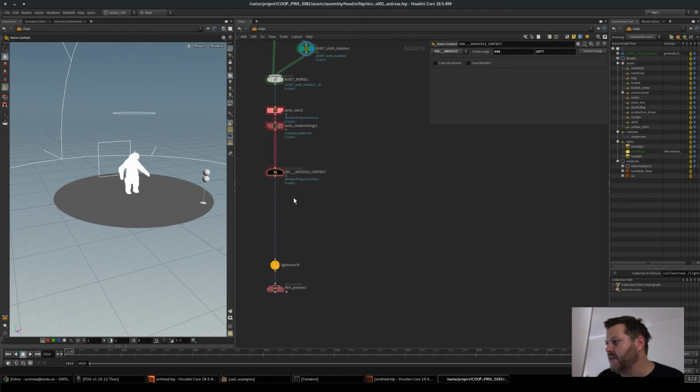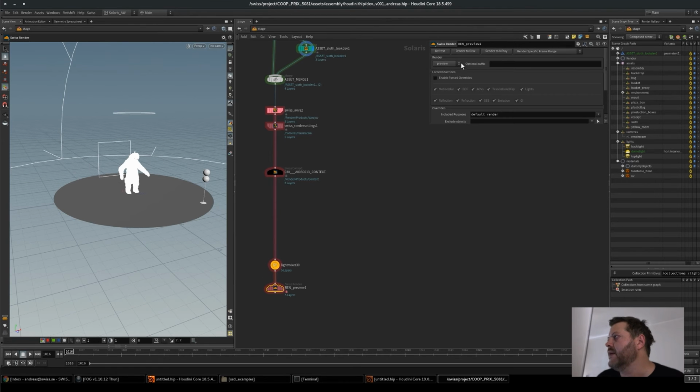And then in between that and the render node is where the bulk of the work would be. That would be your imports and your edits and overrides and mixing and stuff like that. And then you would have your render node. And in the render node,